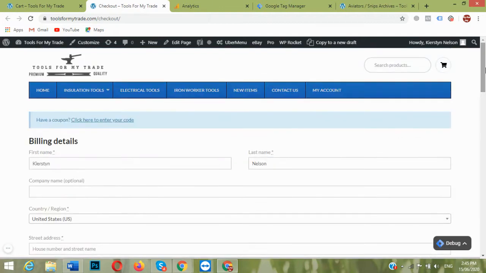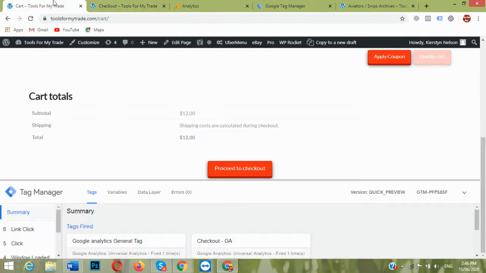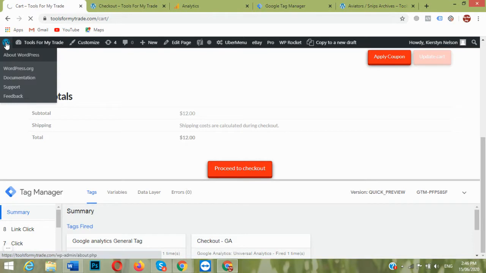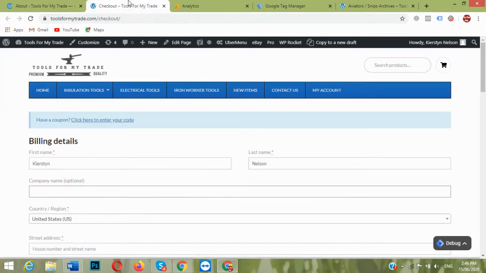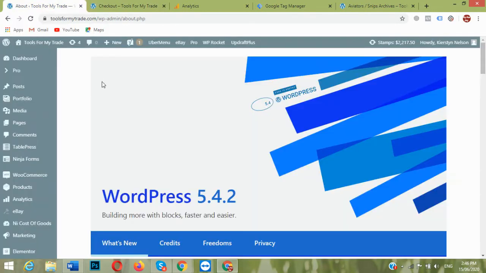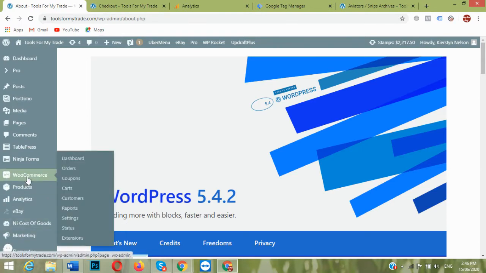Now we want to track order purchases. For order purchase, we need to enable cash on delivery, or add any testing order placement. For a testing order, we go to WooCommerce settings,